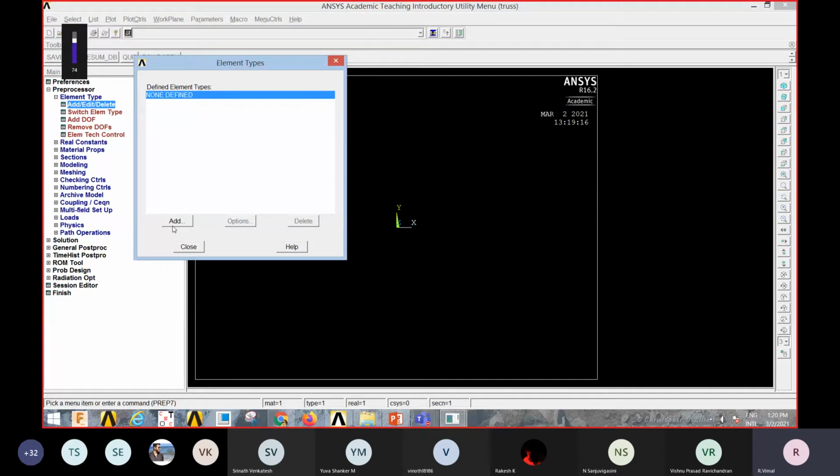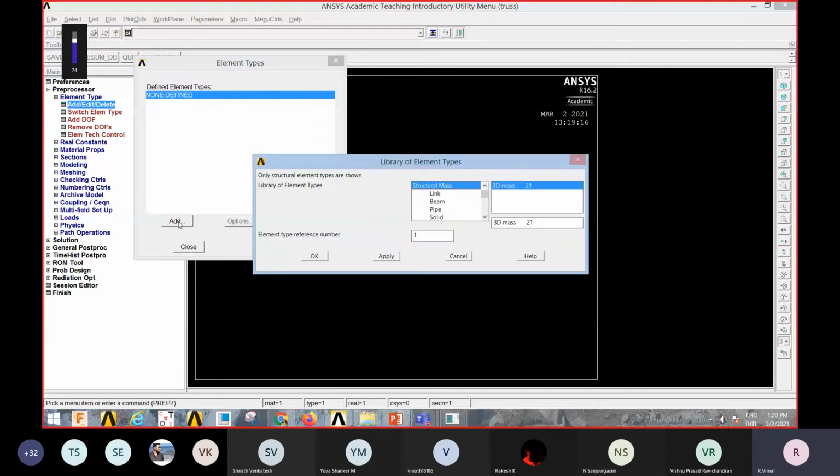At the bottom of the element types box, you have a button for adding. Click on add. In previous cases we have selected beams and solids, but in the truss problem we are solving links, so we have to click links. Just remember, for cantilever we use beams, for solid problems we use solid. Now for this sum we will be using links.